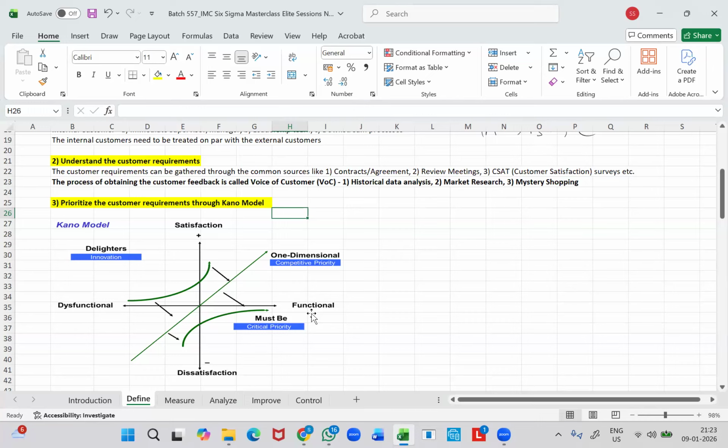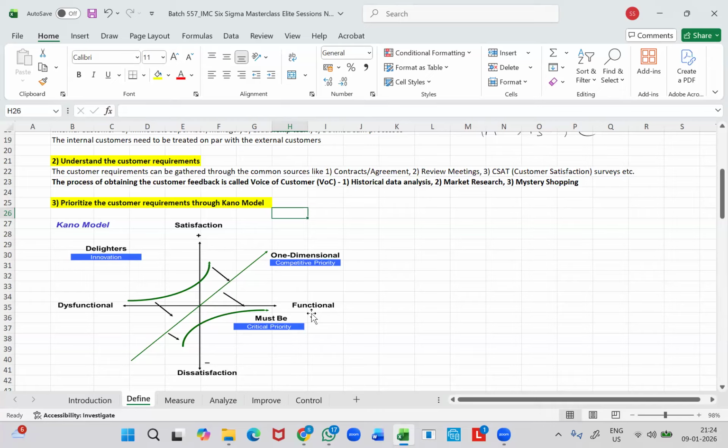So these are all the basic things. Just because all these things are available in the restaurant, it's not as if you're going to feel extremely happy about it. But on the other hand, even if one of these things is missing, you will be highly dissatisfied as a customer, right? So all these things that we discussed would be part of the must-be need when you step into a restaurant as a customer. So the hygiene, the place to sit, the proper ambience, availability of the food items as